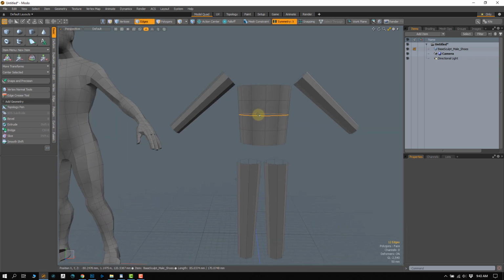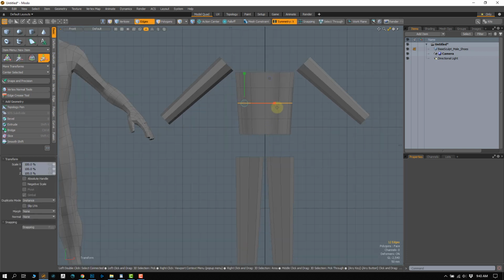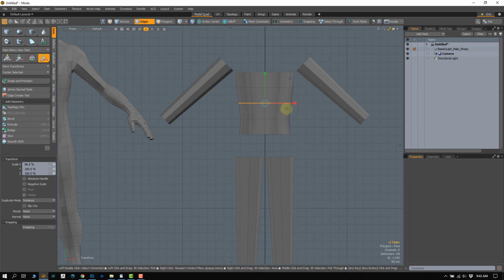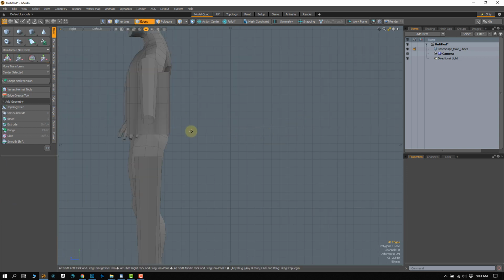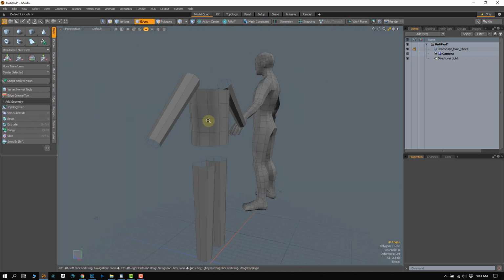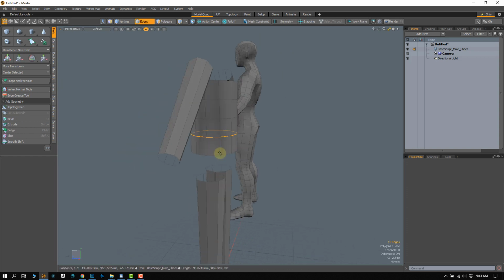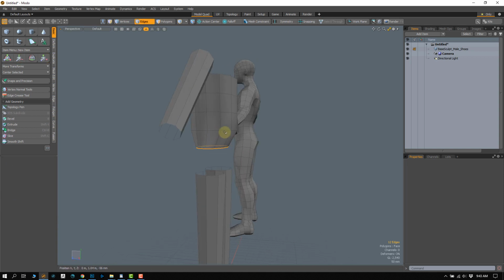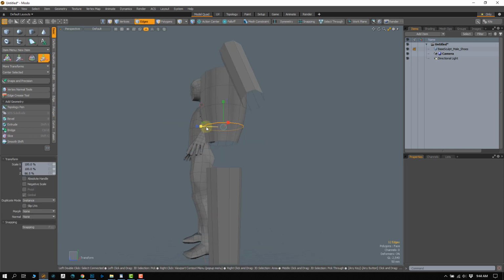So now this very basic shape, we're going to say this would kind of be his ribcage area. So this one, actually let's undo that real quick. I'm going to be scaling this. I'm actually going to turn symmetry off. So something like this. And now we're going to go from the side view, and we actually want to make him quite a bit more narrow this way. And again, we want to get that spine shape a little bit,